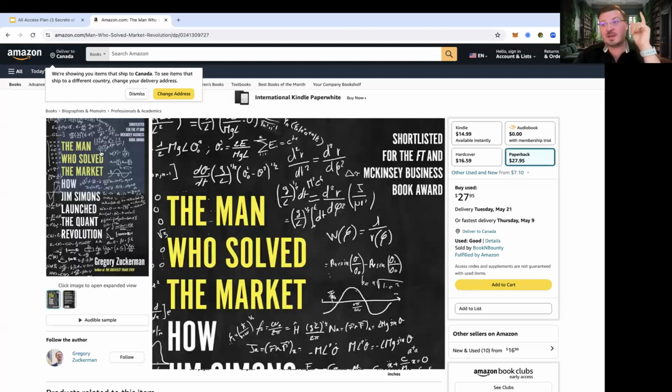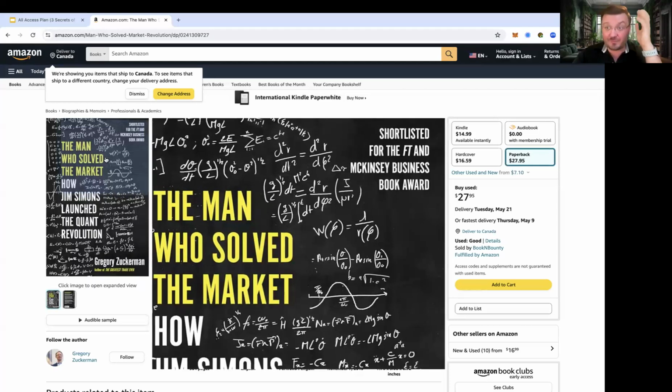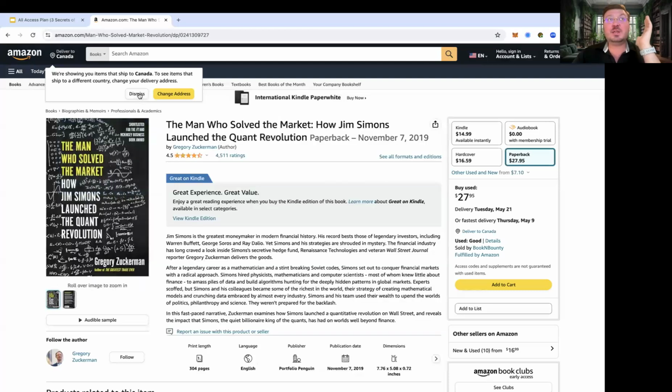Fast forward a few years, Jim Simons is one of the richest people on earth. His hedge fund is one of the best performing hedge funds. I think maybe the best performing hedge fund on earth ever. They've made apparently about 65% a year compounded over the course of 30, 40 years. And if you look at their track record, they pretty much never lost money. Like we're talking about the year 2000, the world fell apart. They did not lose money. Year 2008, the world fell apart. They did not lose money. COVID happened. They did not lose money. These guys have a money-making machine. It doesn't matter what direction the market goes in, they're constantly making a profit.